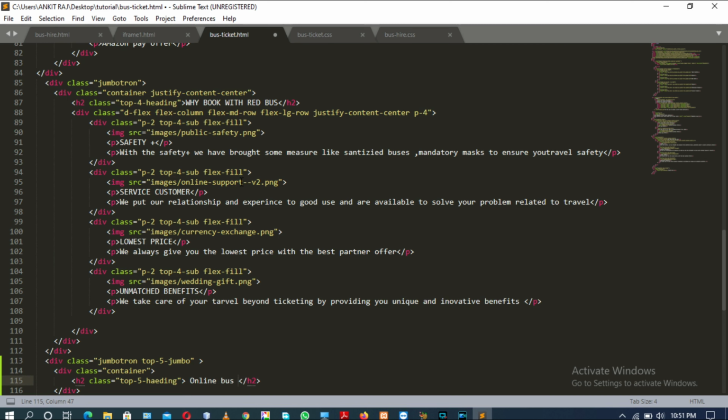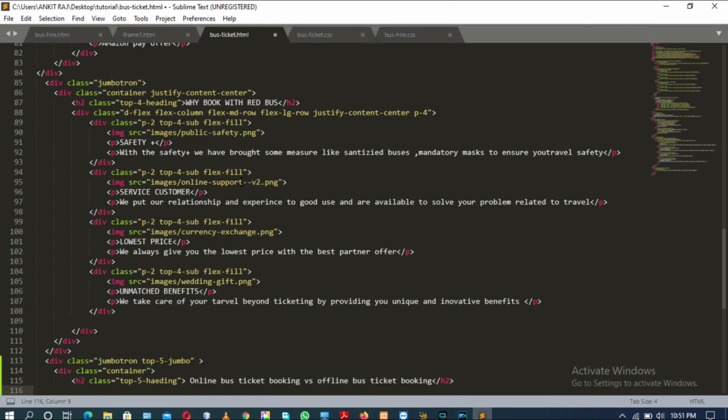Online bus ticket booking versus offline bus ticket booking.